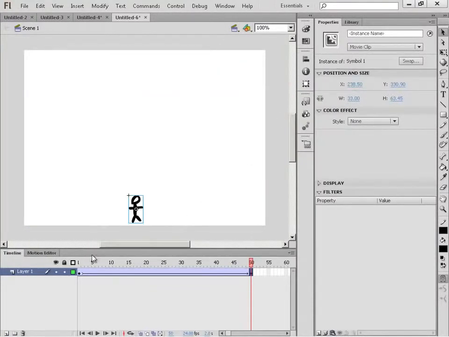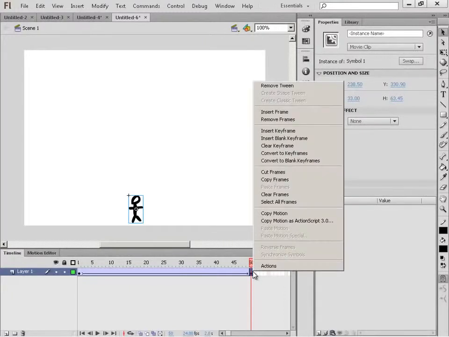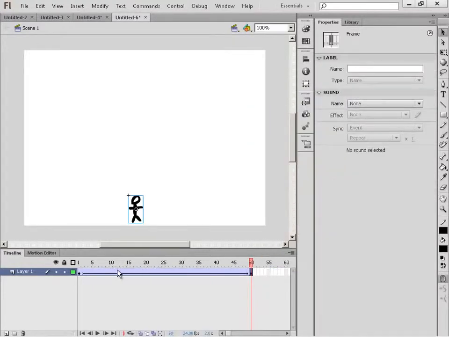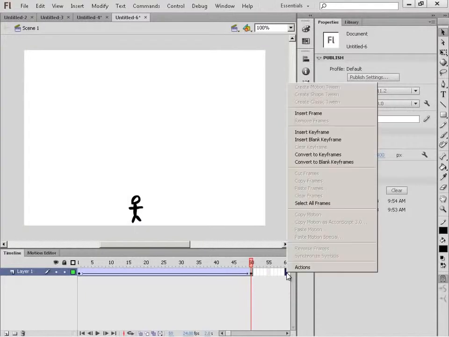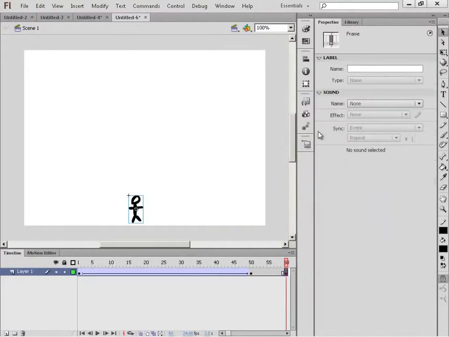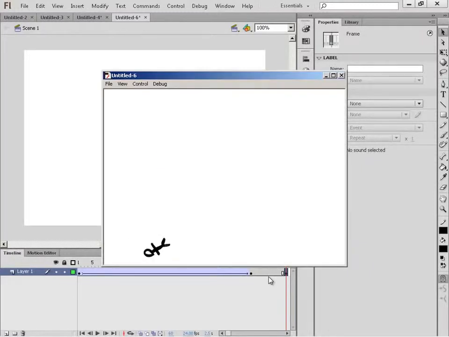Now I want to switch gears. What I'm going to do here is right click on the last keyframe and remove the tween. Notice how it did not affect the previous tween. It just means that we're no longer doing some kind of motion. So if I were to insert a keyframe on frame 60, right click, insert keyframe, the person's just going to stand around for 10 frames. So let's take a look at that. Does a little acrobatic tumble, and then